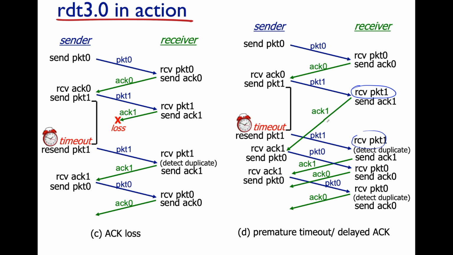So in the meantime, what happens? That delayed ACK finally arrives. The timeout fired and sent the duplicate. That duplicate was ignored, and it sent an ACK1. So it got that first ACK1, and it sent packet 0. The sender continued forward, sending the packet with the next sequence number 0. So after that duplicate ACK was sent by the receiver, packet 0 arrives, and then the receiver sends the ACK